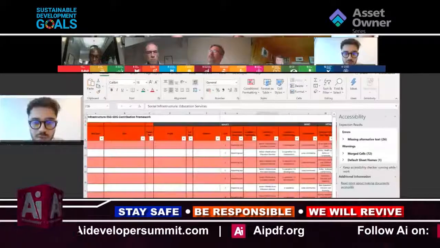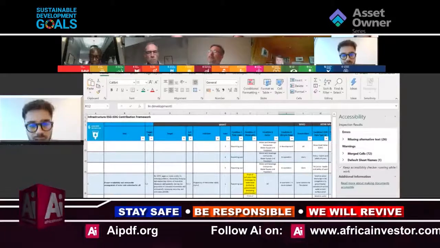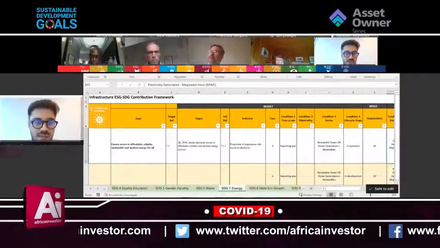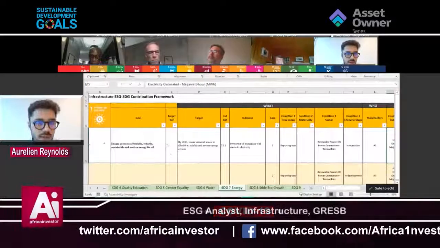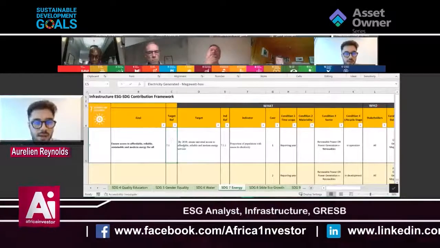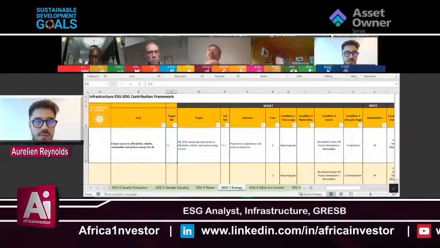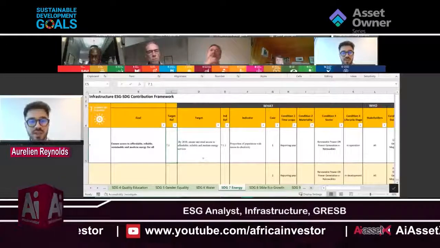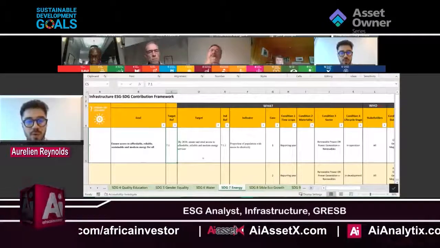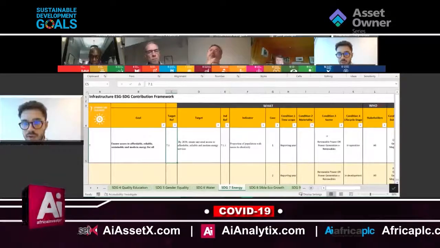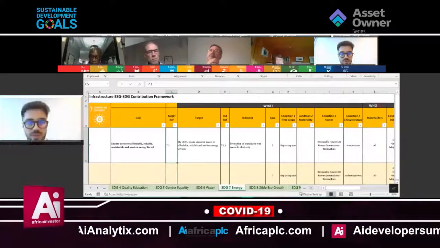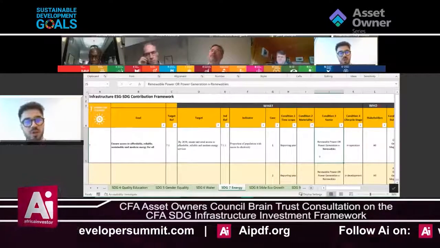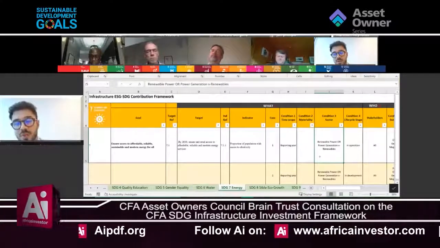So continuing with the example of a renewable onshore energy asset, if we pick the spreadsheet, let's start with SDG 7 energy. Now we will look at SDG 7.1, which is on column C of the tab, and the target SDG 7.1 is to, by 2030, ensure universal access to affordable, reliable, and modern energy services. Now, one of the conditions in order to contribute to this target is to be a renewable power or power generation asset, which the onshore wind power farm